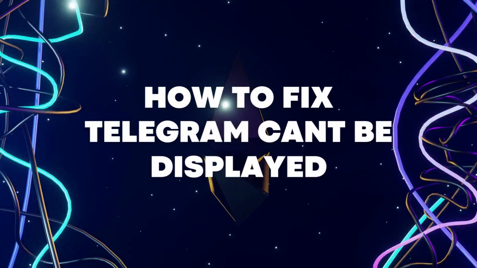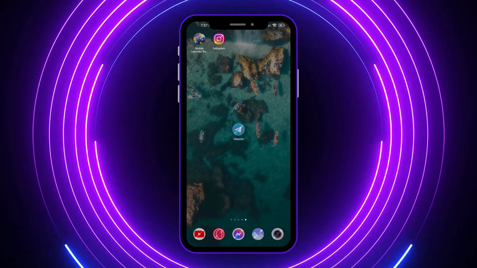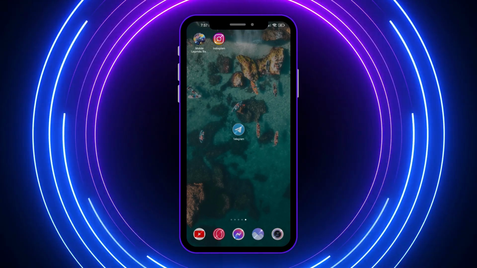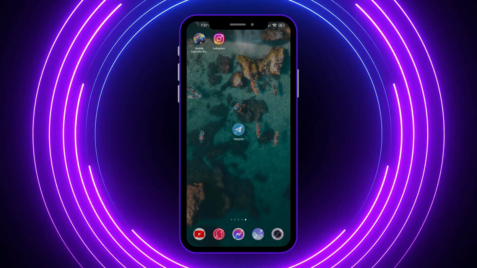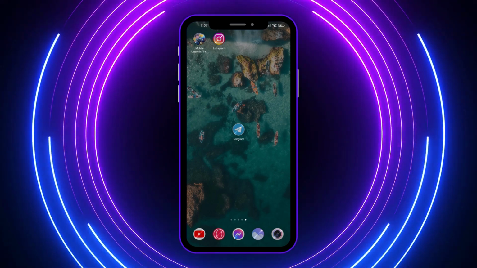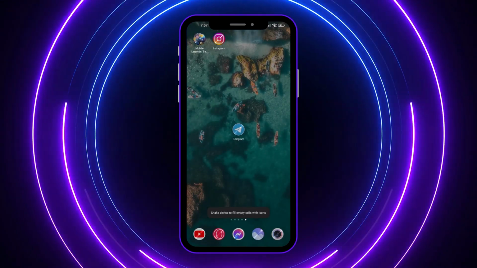Hi guys, today I'm going to show you how to fix Telegram can't be displayed. So let's begin. So here we are, and we are not going to open our Telegram app here in our phone. What we're going to do is go into our browser. If you have problems with that Telegram app, then you want to go into your browser right here,